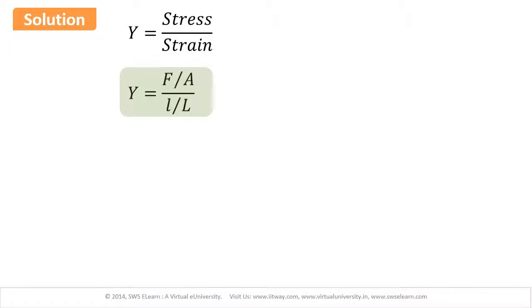Solution. Now let us take the necessary steps to solve the problem. First, we write the equation for Young's modulus, namely Y equal to stress upon strain, that is equal to force divided by cross-sectional area and the whole divided by extension in the wire divided by length of the wire. Rewriting this equation, we get extension in the wire equal to force into length of the wire divided by Young's modulus into cross-sectional area.